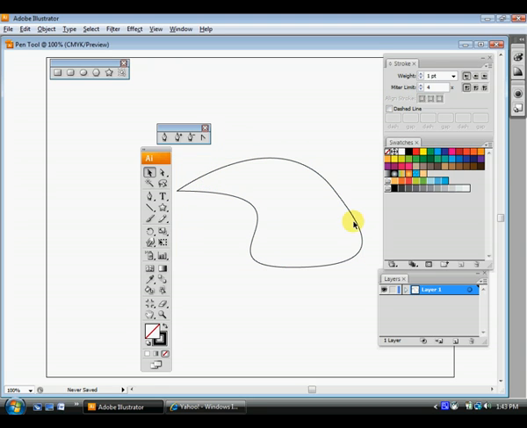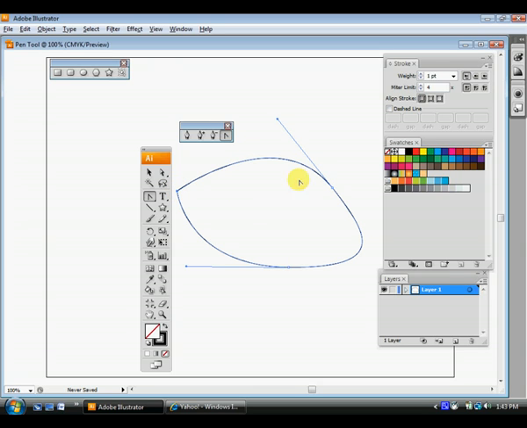Alright, now that you've made some curves, you made a little curvy shape hopefully. On the tear off where the pen tool is, the very last tool on there is the convert anchor point tool, and that's the same tool that we used when we held down Alt before. So if you don't want to keep clicking back on the convert anchor point tool, when you're on the pen tool, all you have to do is hold down Alt and it'll get you right back there. But click on the convert anchor point tool,